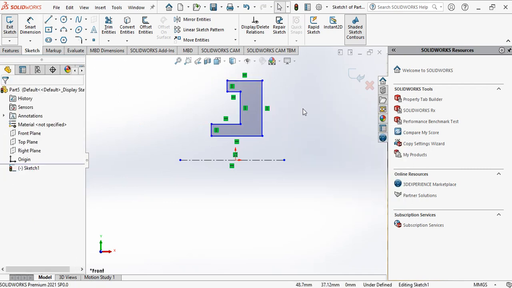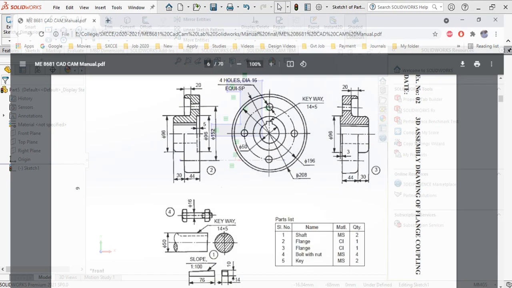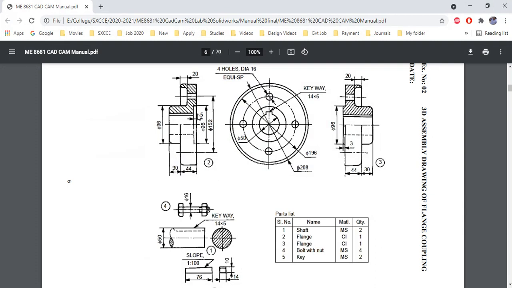Whereas in case of AutoCAD, you have to give the dimension at each and every step. Whereas in SolidWorks and Creo, all these design software, first of all you can draw the component, and after that you can change the dimensions.